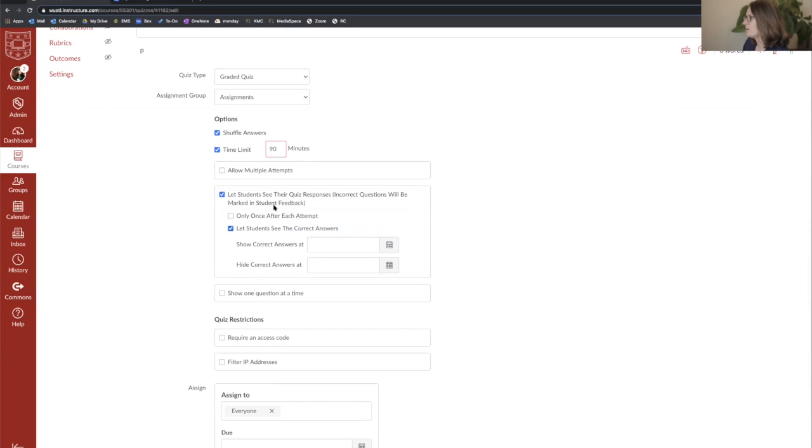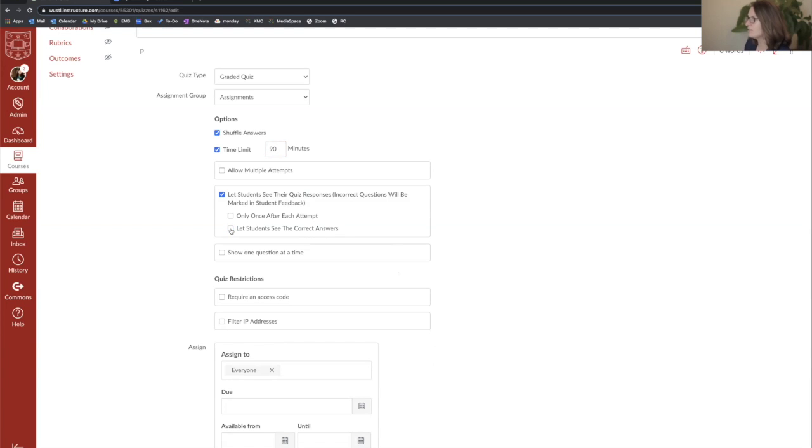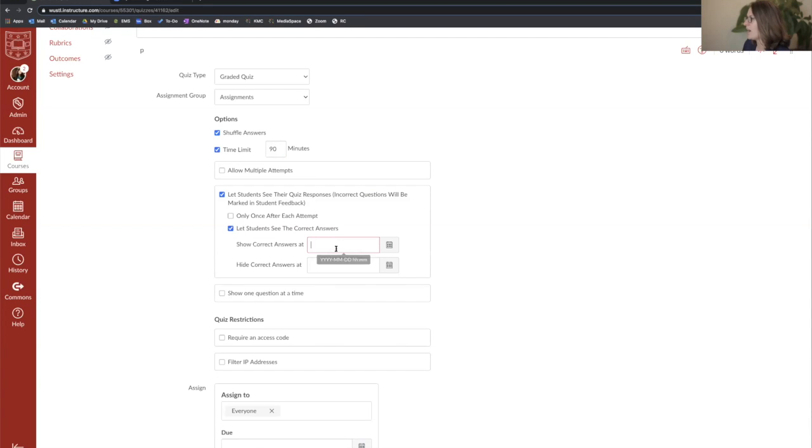And then let's talk about how students can see or not see the correct answers here. If you want, you can let the students see the correct answers right after they submit the exam. I would caution you about doing that, and I would actually say turn this off. I would not let the students see the correct answers, or only let them see the correct answers after everyone has taken the exam. And here you can set those times and you can actually hide the answers again. So make sure that you uncheck this and or add timing on those answers.